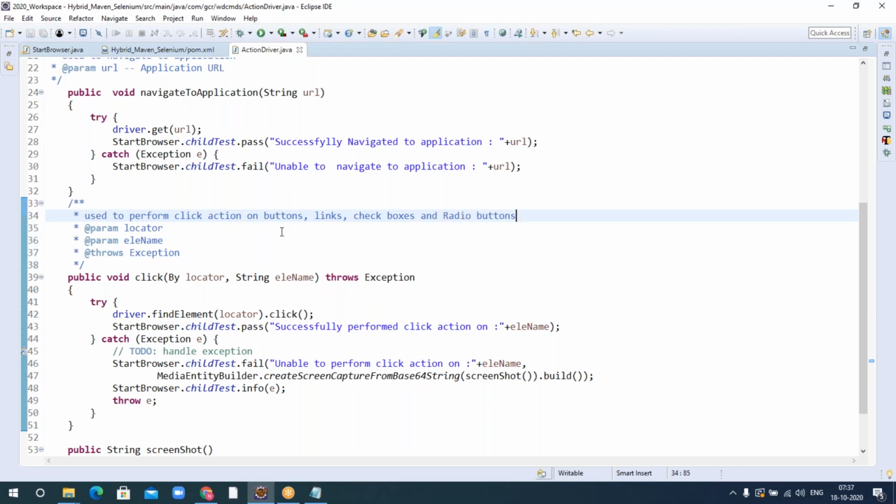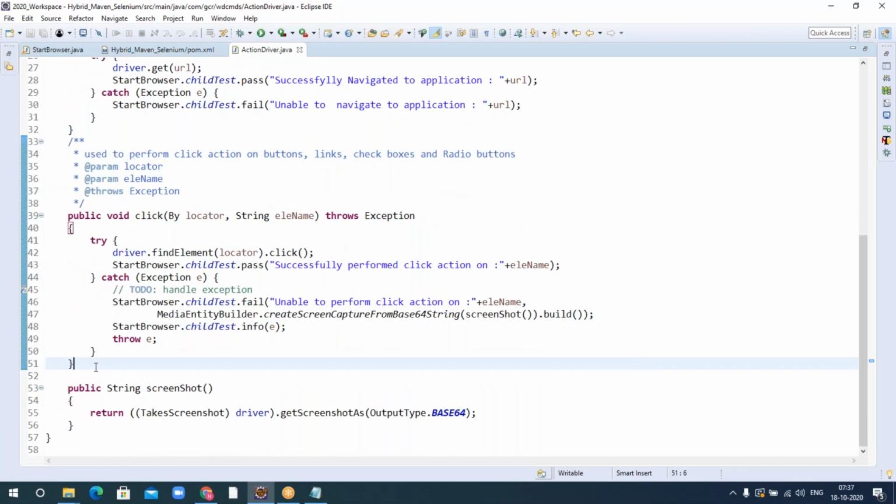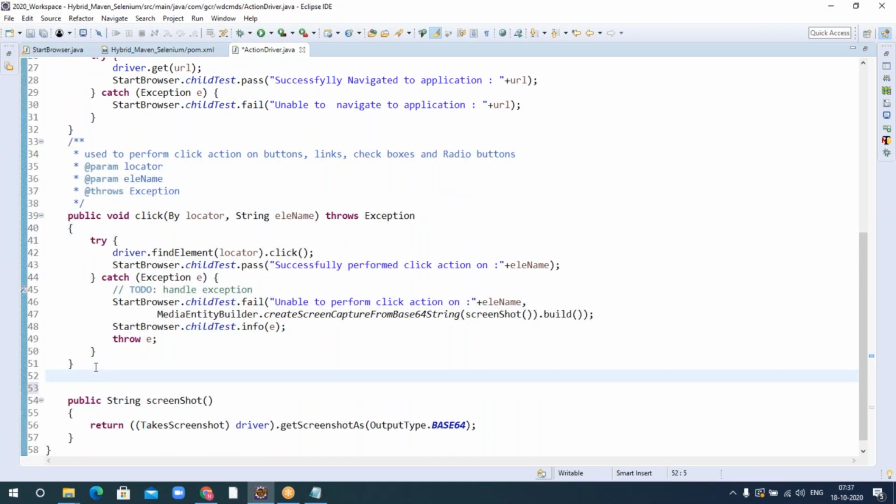If I write it clearly, others can easily understand. What is the purpose of it? Without going into this particular method and reading it, they can easily understand this is useful for performing a click action. And in a similar way, let me go ahead and write it for the type also.